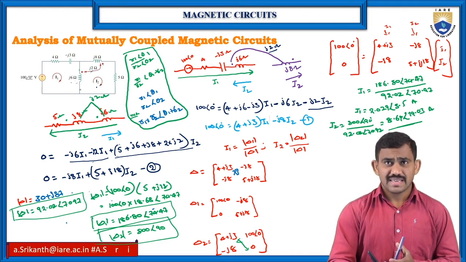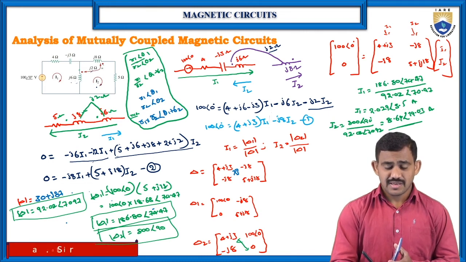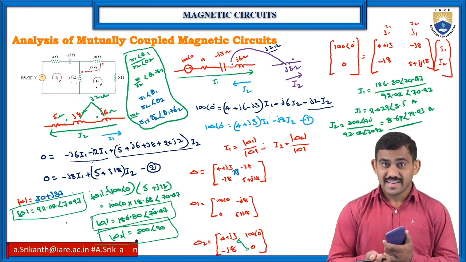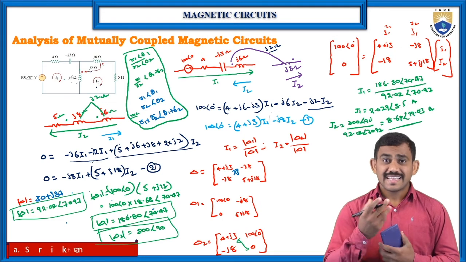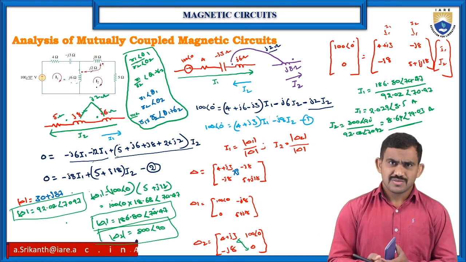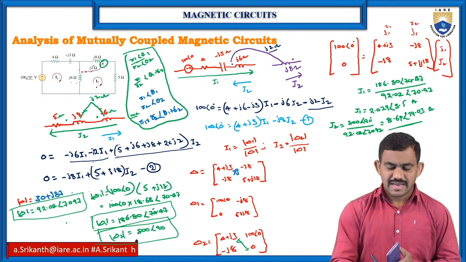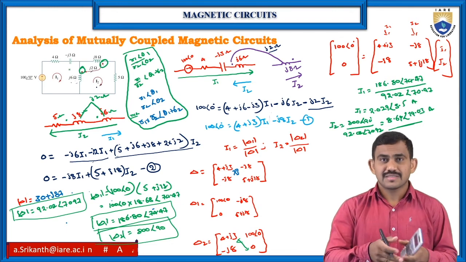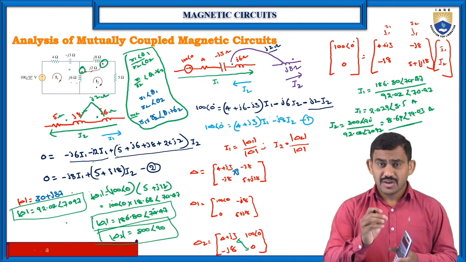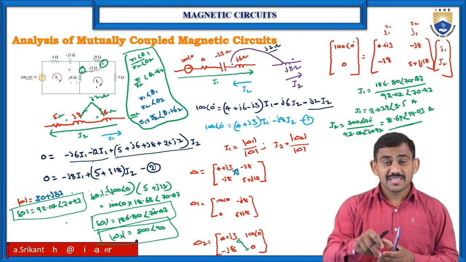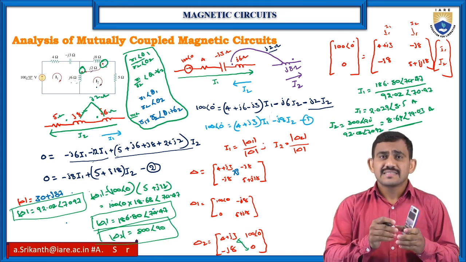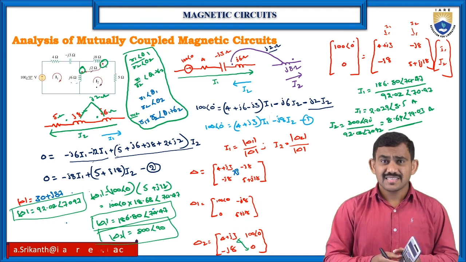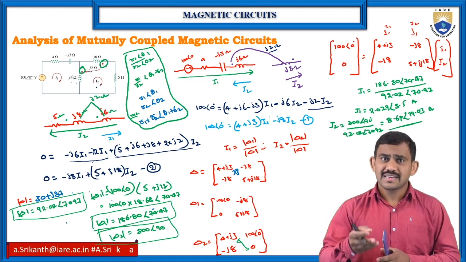When mutually coupled inductors have two currents, the equations depend upon the current directions and dot directions. Here the dot is at the same end position, and the 8 ohms is also at the end position. Both are in ending position, so no need to worry about the dot direction for this particular circuit. If the dot direction were reversed, the value would change. Here the dot direction is same, so worry about the current directions. Your current direction is reverse, so we will get the reverse value.